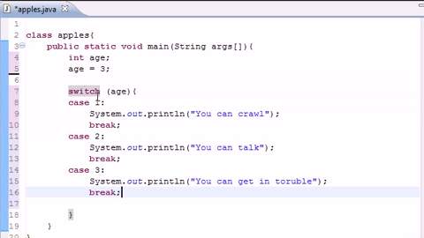So here's what you do. You put switch and then put the variable you want to test the value of. Then you put the values that are possible after the word case. Now in the case body, what you do is write, alright, if age is equal to 1, here's what